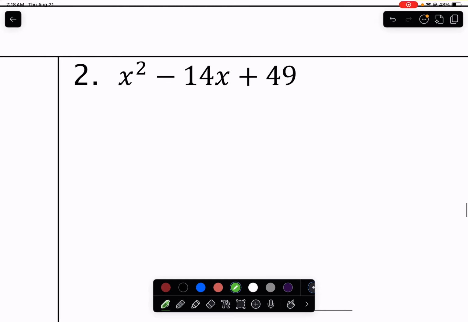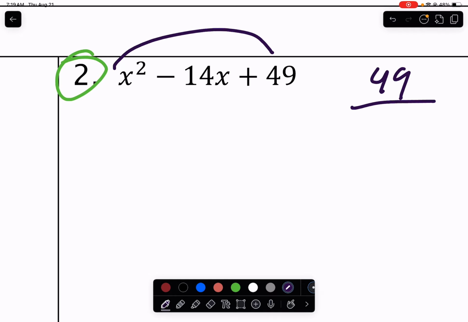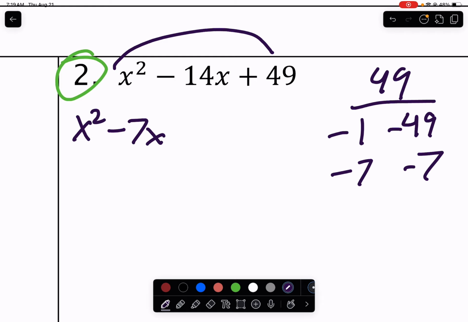All right, go ahead, give this one a shot. Pause the video. So again, we multiply, we get 1 times 49. I'm going to list out all my factors of 49, which there's not a lot. I get 1 and 49, and then 7 and 7. Now I want to multiply to a positive and add to a negative. So that means that both of these guys are going to be negative. All right. So then I get x squared minus 7x